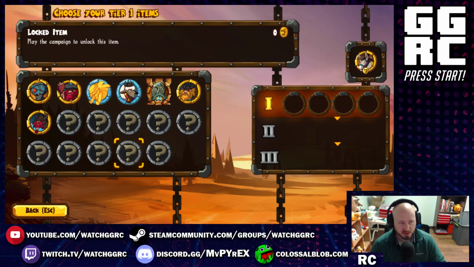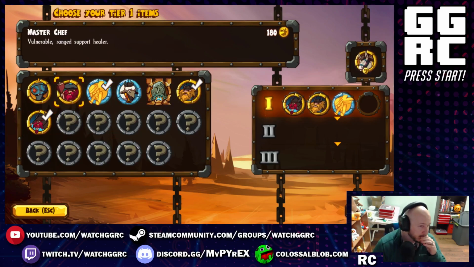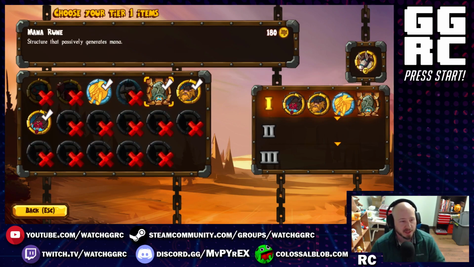So, here's your first tier. This is the majority of what your fights are going to be if you end up playing this game online or against the AI and whatnot. So far what I've been doing is playing with the Berserker, the Axe Thrower. Let's do... Man, the healing spell is super powerful. And the mana building is really powerful too. The things that I'm not using here, though...